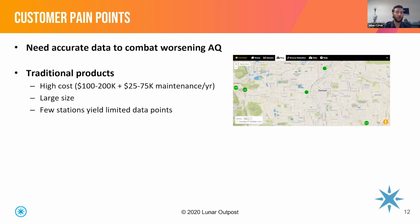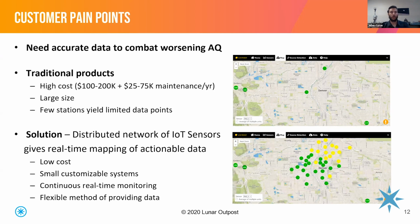And the thing is that air quality, for example, is a really hyper-localized parameter. So you could have one measurement in one block downtown, and then 2 blocks over, the air quality could be significantly better or worse, depending on what is going on in that scenario. So the solution that we wanted to provide was a distributed network of IoT sensors. And so with that, it gives you real-time mapping, and you're able to have actionable data. And by actionable data, I mean the customer can use it to create real mitigation strategies and have real solutions